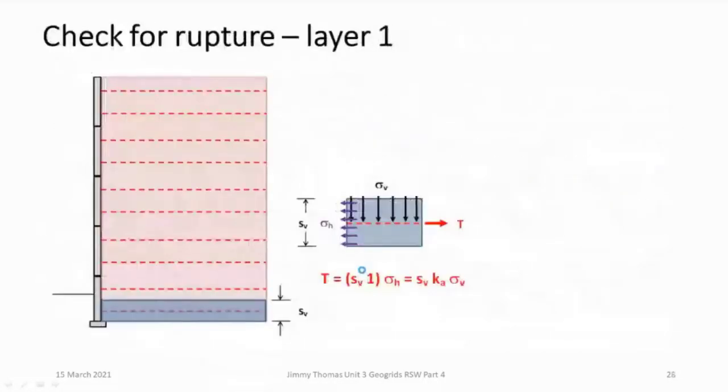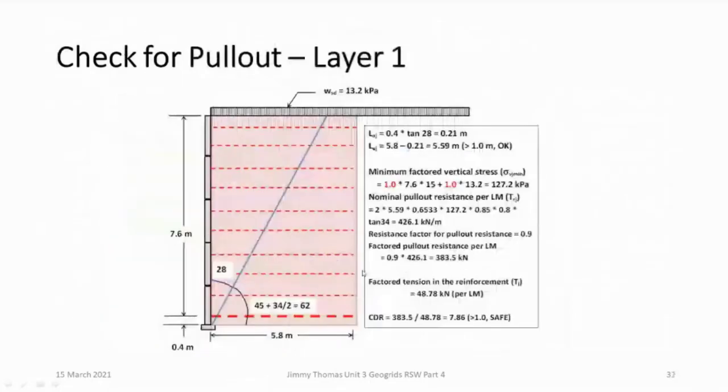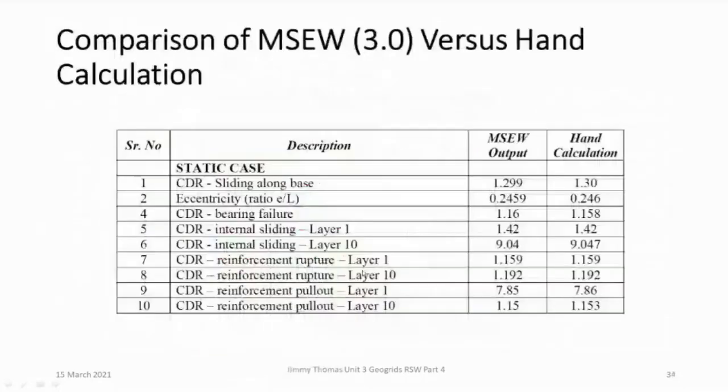So what I suggest is, later on when you try MSEW, you can do the same problem, or pick any problem, then do the hand calculation and see that there is a good match. Because when we do the hand calculation, it gives more confidence, and we will never forget. With software, we don't know what is happening inside, but when we do a hand calculation, we get more confident and become thorough with the actual procedure. So with that, I think it's time I will conclude.